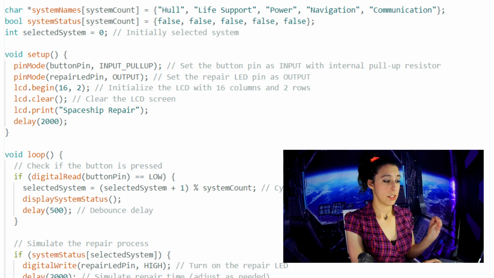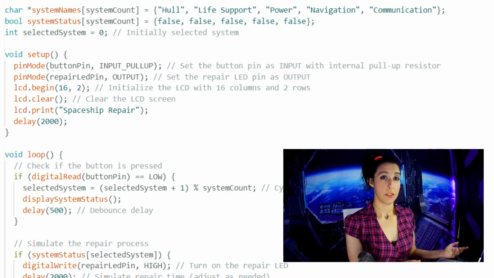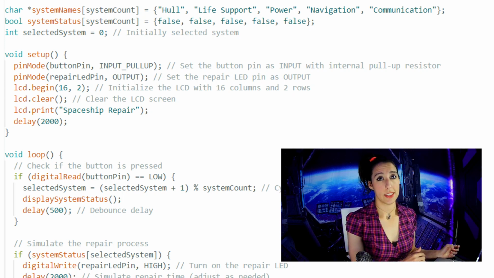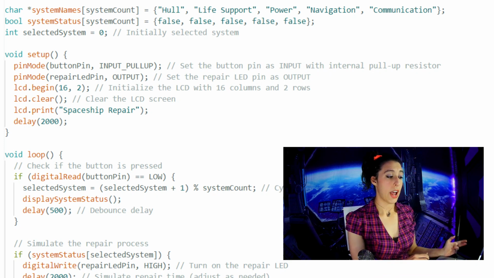Char asterisk systemNames[systemCount]. This declares an array of character pointers named systemNames. The size of the array is in the brackets and it is determined by the value of the variable systemCount. If we change the number assigned to systemCount above, then the size of the array will change as well. Char